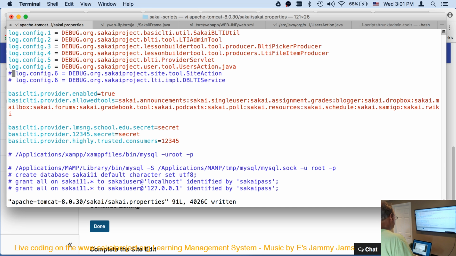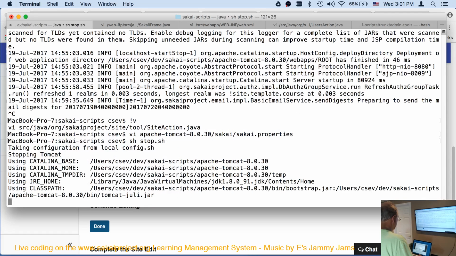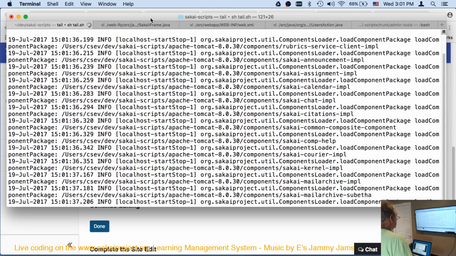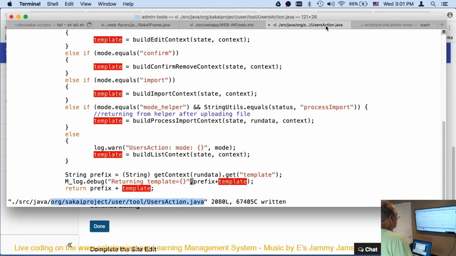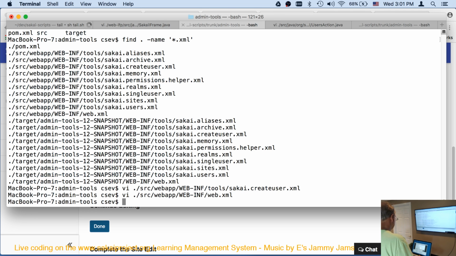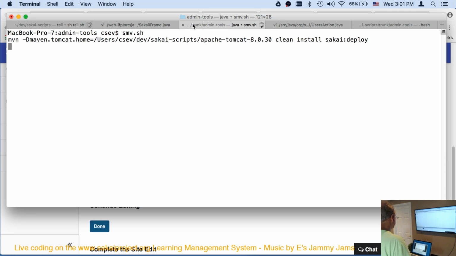Just leave them in. So now I've got to stop and restart. That way, when we're coming back in, it'll just be right there. Of course, now I gotta compile this guy, and this looks like it's all tools, so I think I can hot deploy